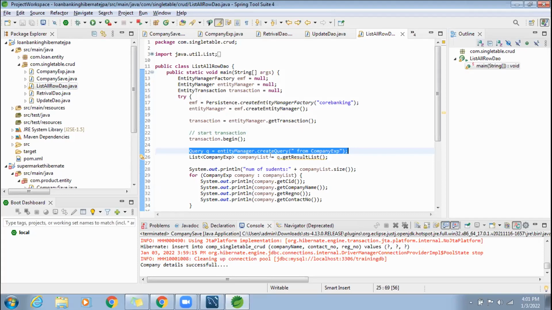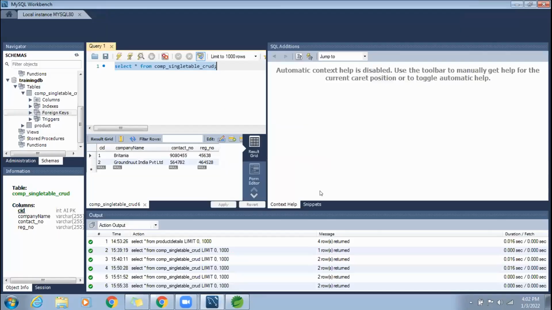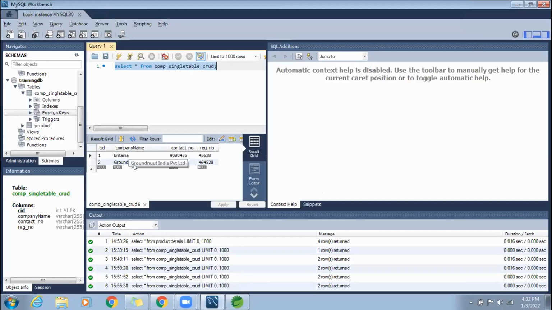Okay, so now q will send 3 objects. How do I know that it will return 3 objects? Go to your table and see how many rows are there. So when she goes, there are 2 rows. So now it will create 2 objects.